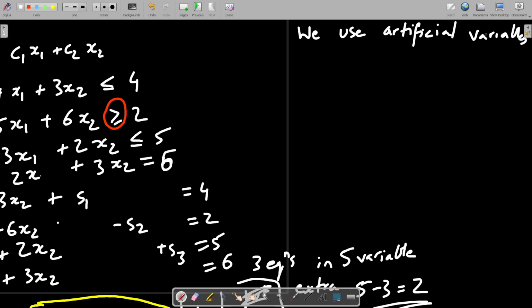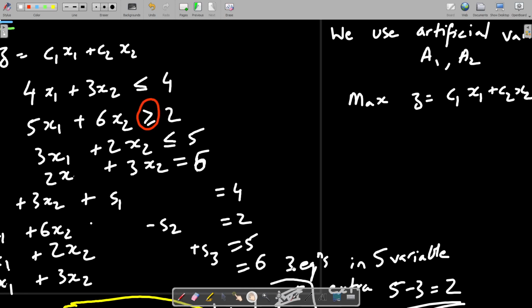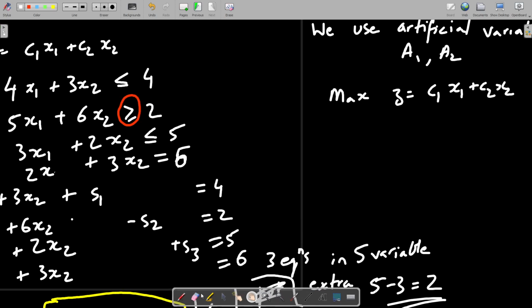In this case, there are two equations which are bad, so we require two, A1 and A2. So this problem is changed to max Z equals C1 x1 plus C2 x2. The rest have coefficient 0, so I am not writing them right now. Let me write this down.